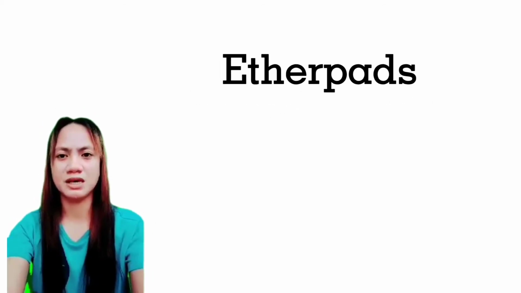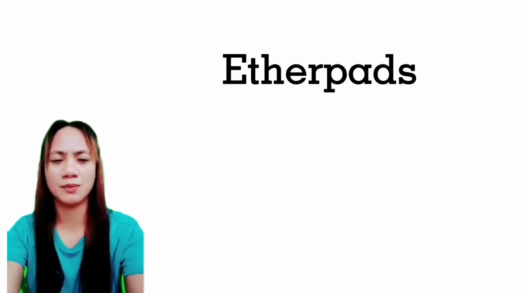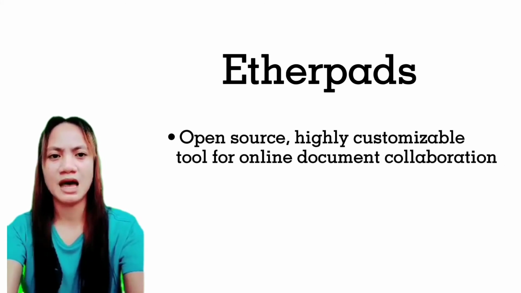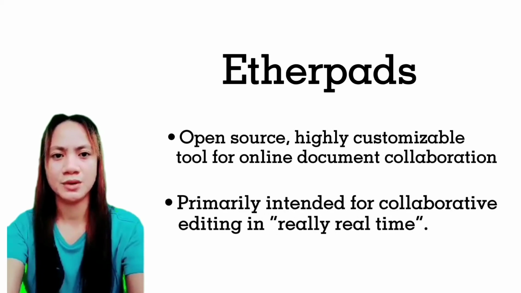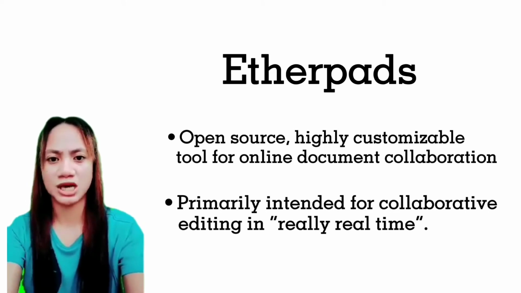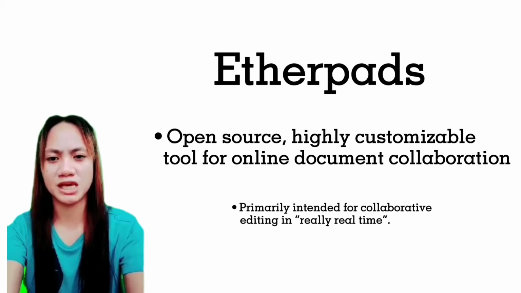And last is Etherpad. Etherpad is a highly customizable open source online editor providing collaborative editing, allowing authors to simultaneously edit a text document and see all of the participants' edits in real time. With the ability to display each author's text in their own color, there is also a chat box in the sidebar to allow meta